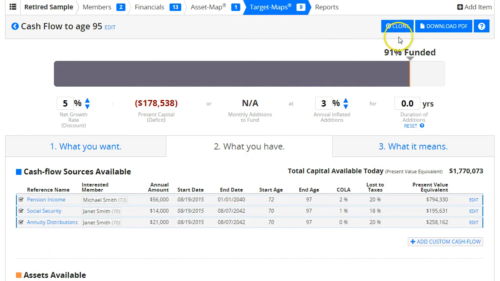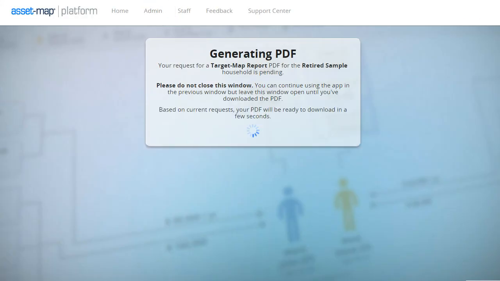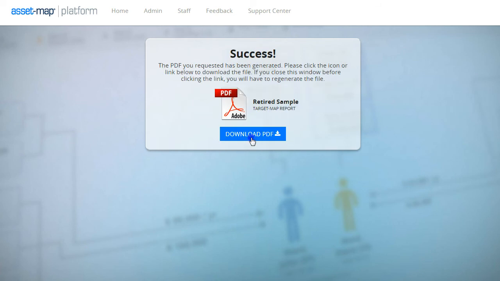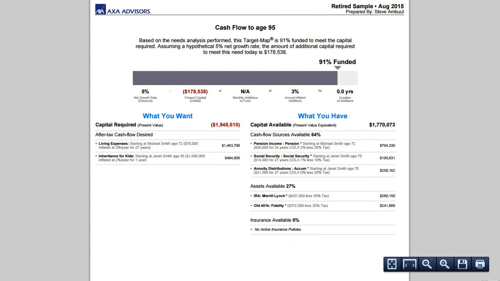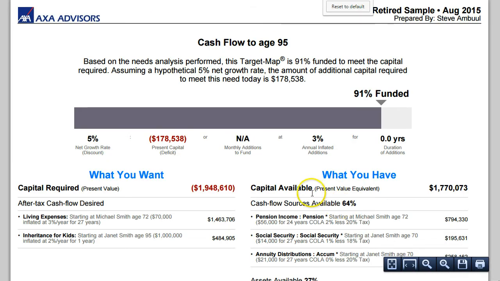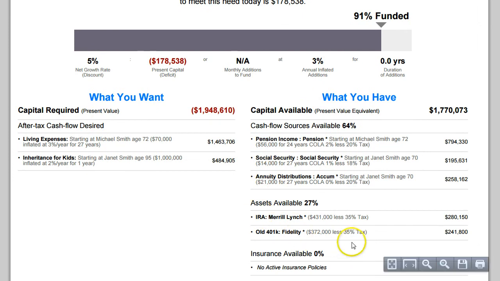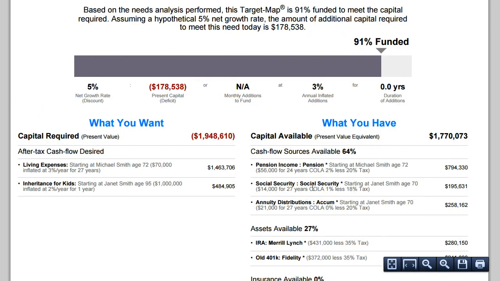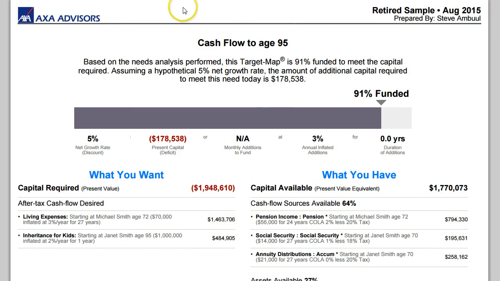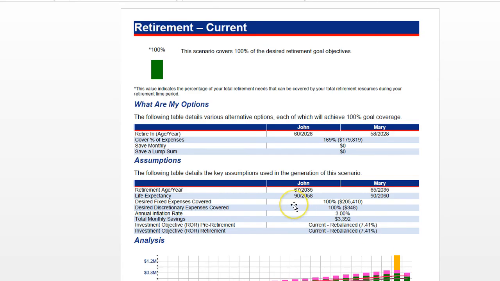So in the end, the output is going to be a one-page PDF that compares, on the one hand, the various categories of spending that a client wants, and on the other hand, on the what you have side, the cash flow sources and the assets on an after-tax basis that they have available to fund that cash flow. Now, the advantage of doing a target map for this analysis instead of using the more